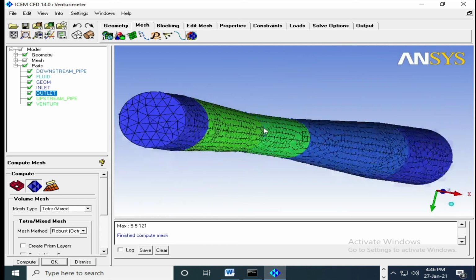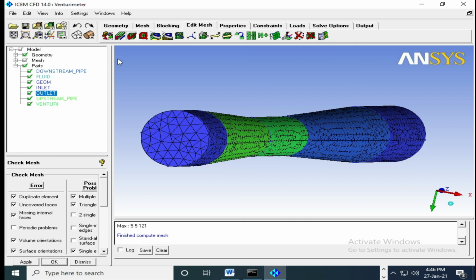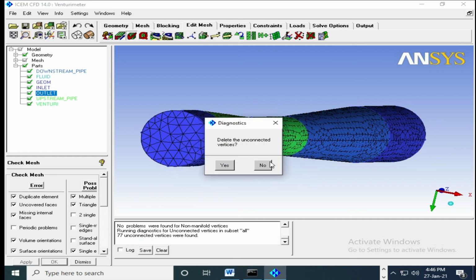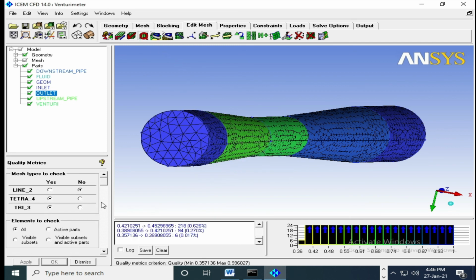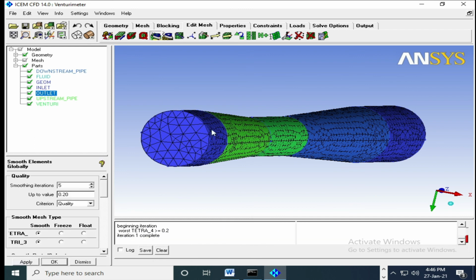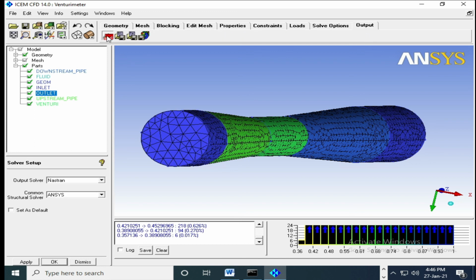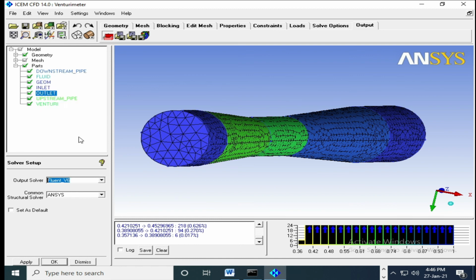Next part, edit mesh, check mesh, say apply. Then quality, then smooth mesh globally. Once you do this, go for output. Solver, your solver is Fluent V6 or Fluent in higher versions.